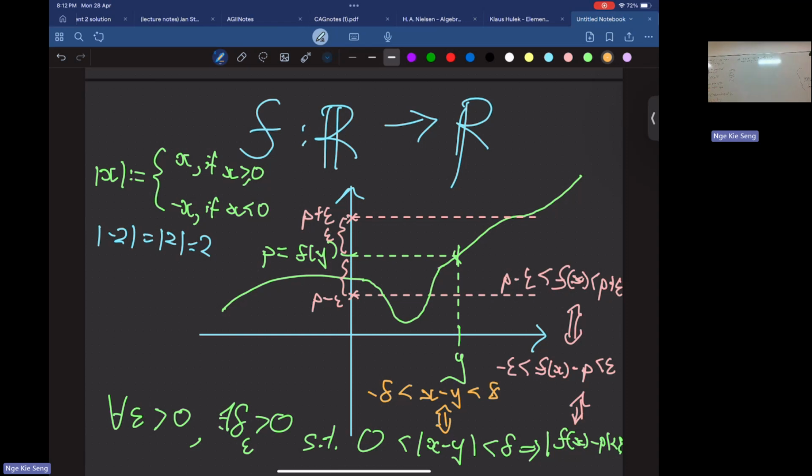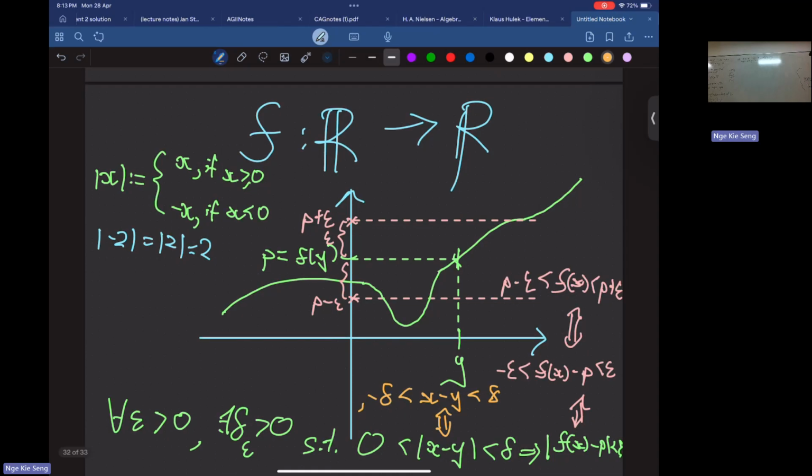What's the extra condition here? How do you exclude 0 here? x cannot be equal to y. x cannot be equal to y means what? Cannot be the same point. So meaning we don't really care about the x at exactly y. We don't care about it. Even if at this point, like